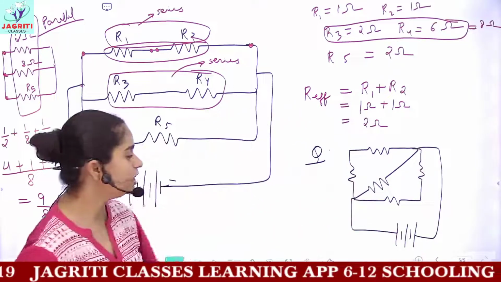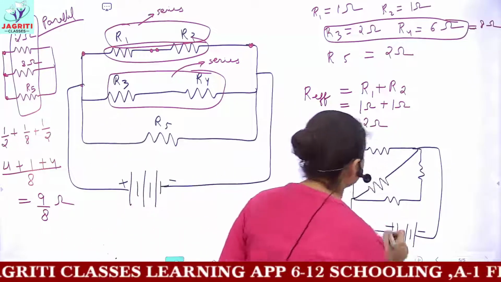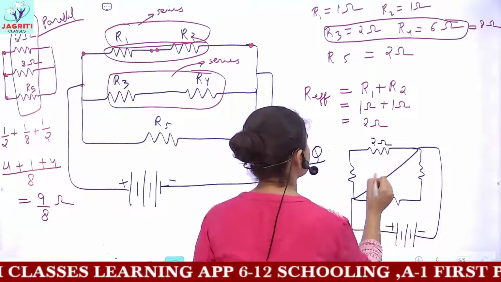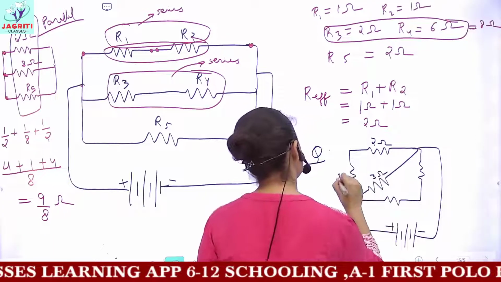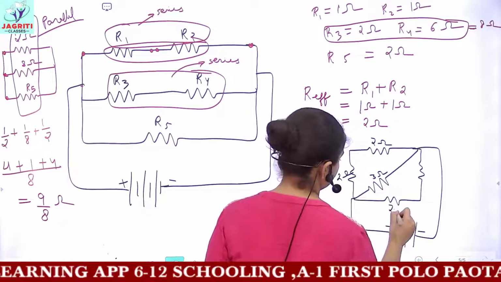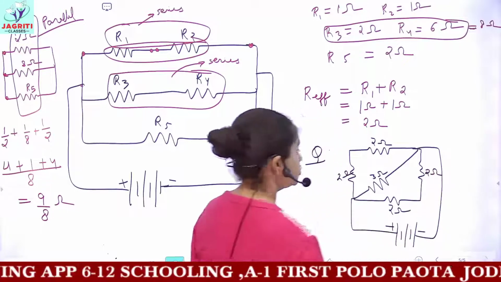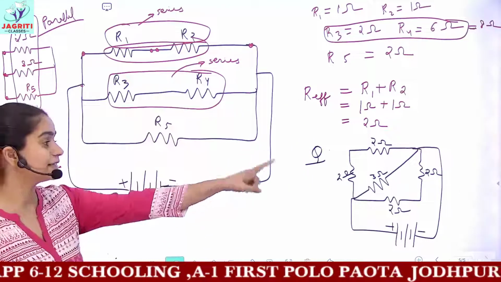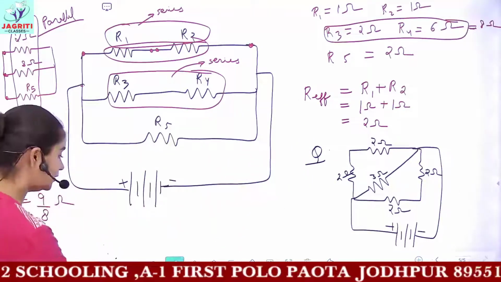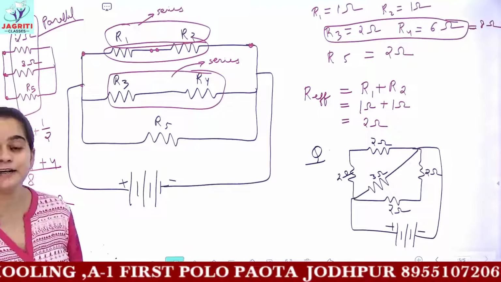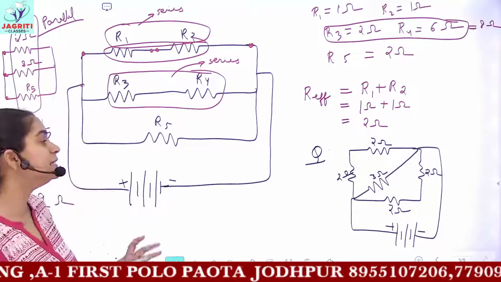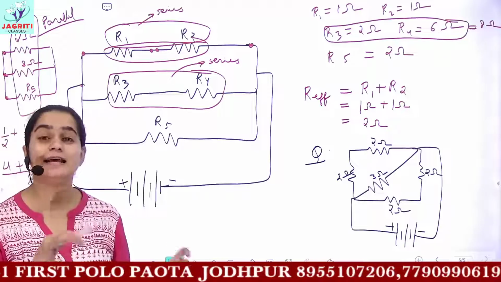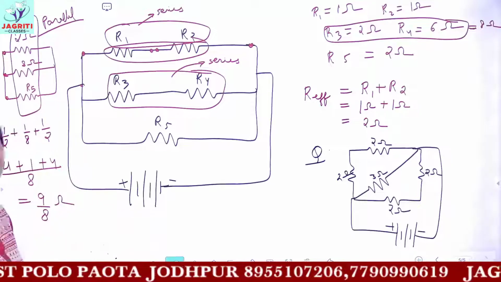This is the combination. You have to identify, this one is 2 ohms, this is 3 ohm, this is again 2 ohm. Okay. So you have to identify which resistors are in series, which are in parallel. Do pause the video and find it out, because I'll be telling you just which are in series, which are in parallel, and then you have to find the final answer yourself.